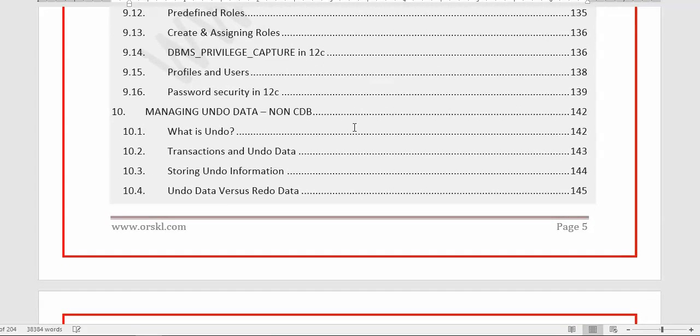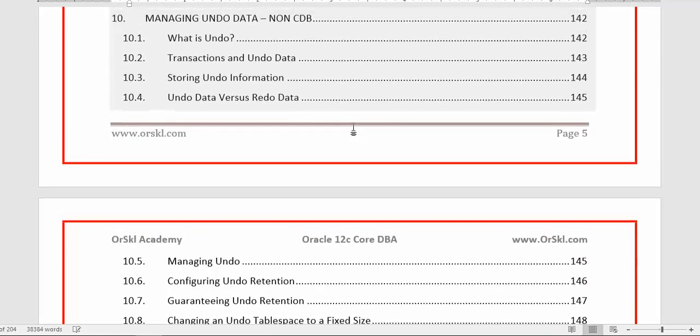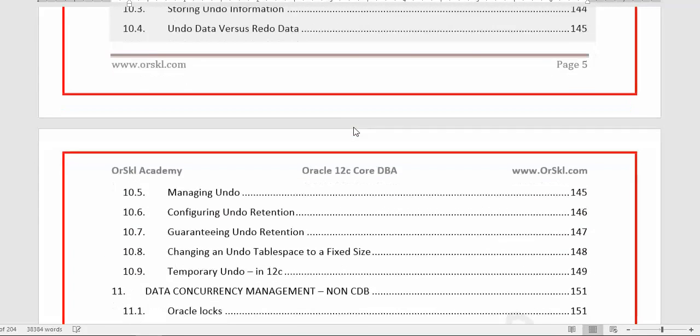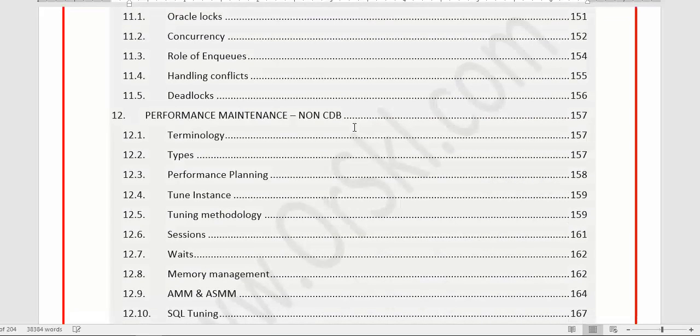And we have also seen user profiles that will help the administrators to configure and limit the resources to be used by the users with the help of resource managers. Then the 10th chapter spoke about the undo data. We have seen what undo is, how it is very important, and in what sections undo is basically useful. We also spoke about retention of undo and how we resize the undo table spaces, etc. Then the 11th chapter spoke completely about data concurrency, that is nothing but locks, blocks, conflicts,